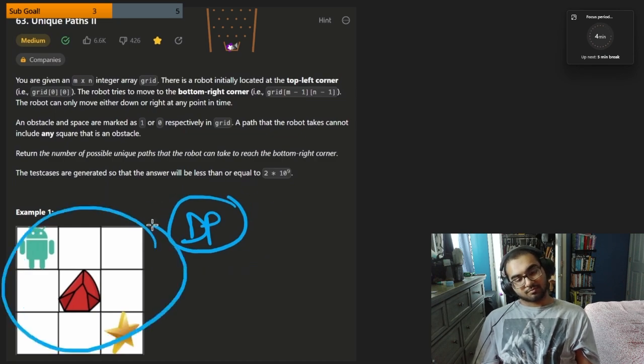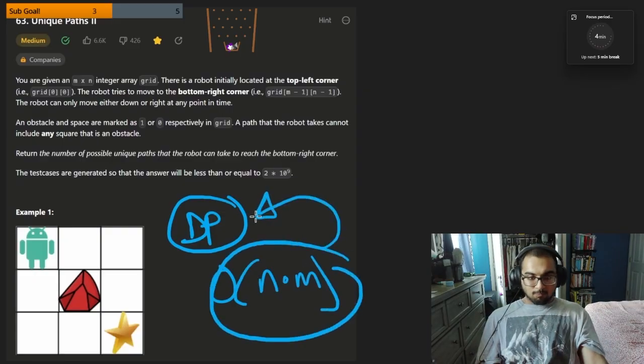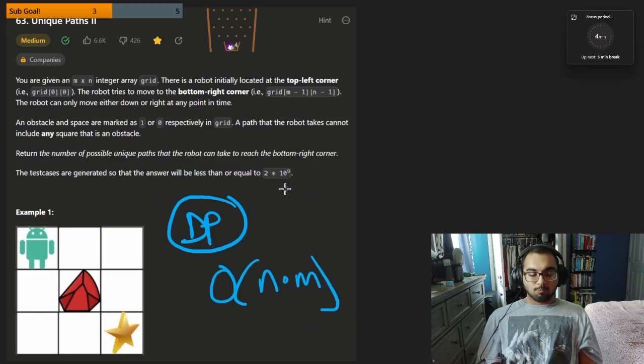This will though lower our time complexity. Instead of being exponential, it will just be the size of the grid, which is n times m. That's also the amount of memory we're going to need for this DP solution. So let me quickly show you the recursive solution, but there's actually a way to optimize the memory to get